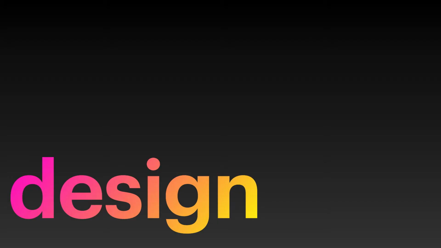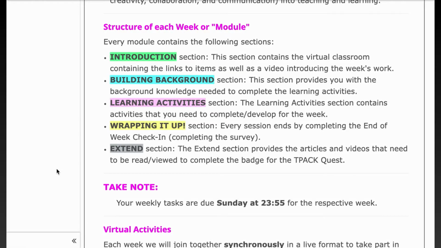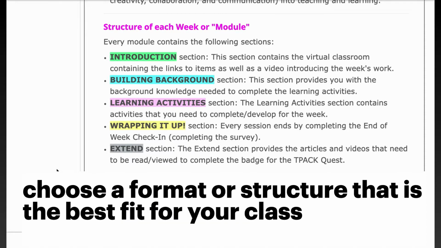Let's start with the overall design of your lesson pages. You want to make sure that each week has a very specific structure that's really easy to follow and predictable. This will make it very easy for your students or teacher candidates, as the case may be, to navigate your site. So here's an example here where each week starts off with an introduction, then you move into background activities,